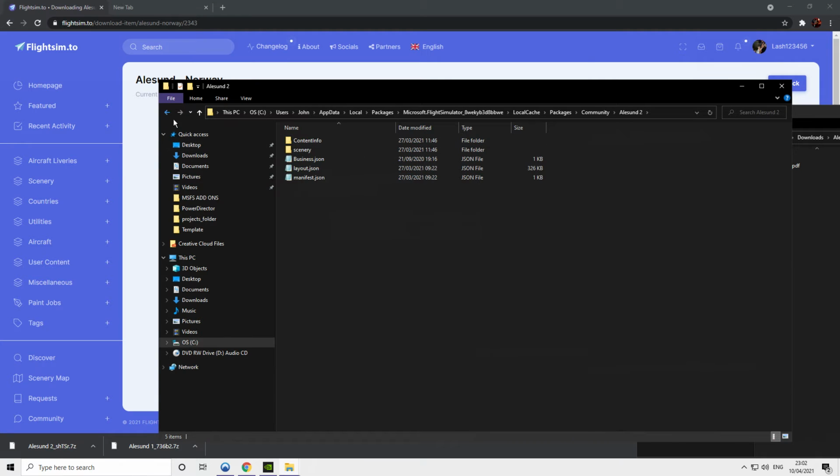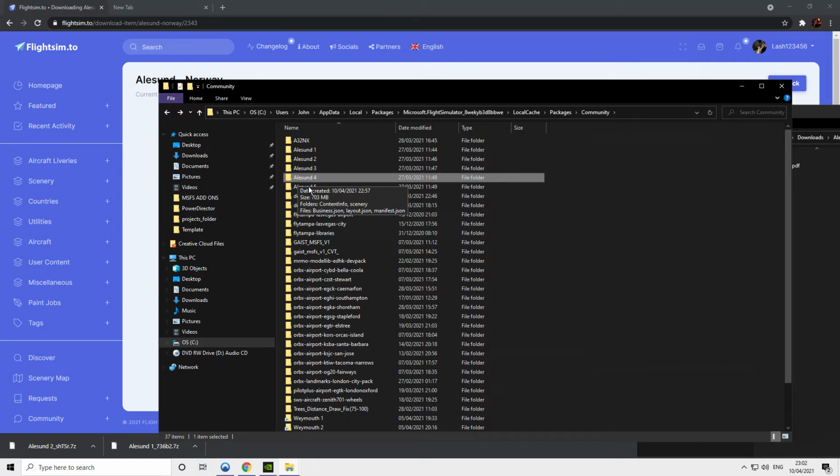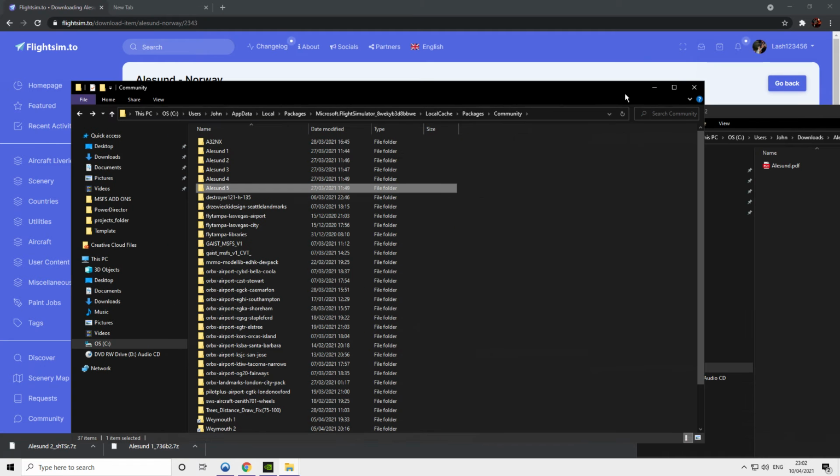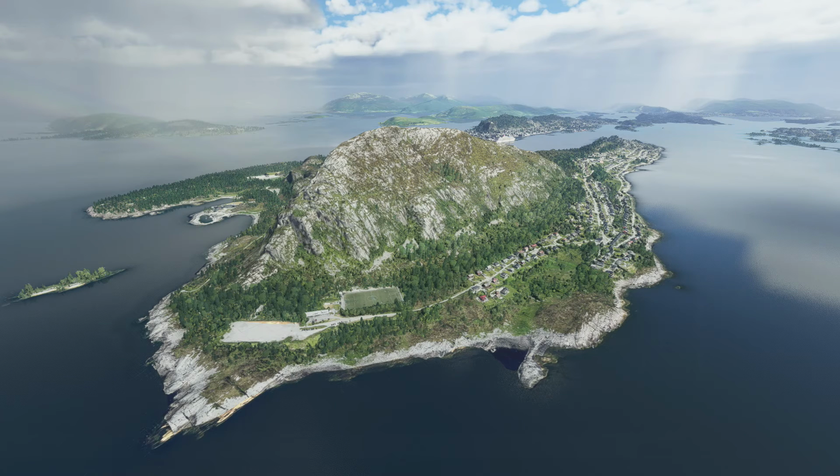If you open up the folders, you see they contain the content info and the scenery with the layout JSON and manifest, so you know what files you are putting into your folder. These have to be the innermost for them to display in the Flight Sim. All going well with that,